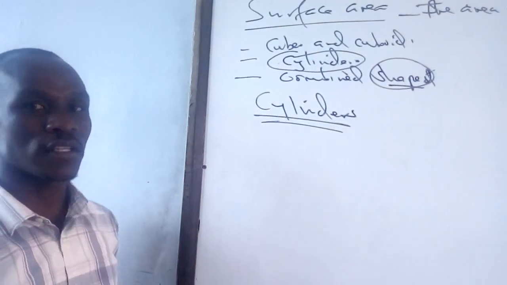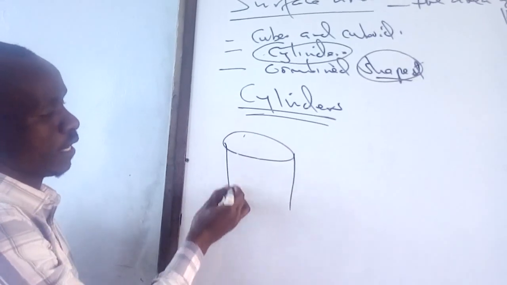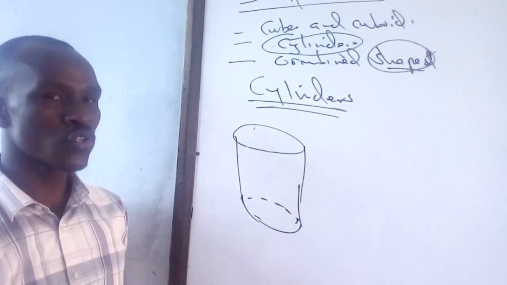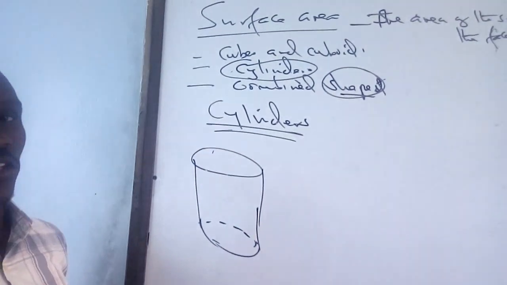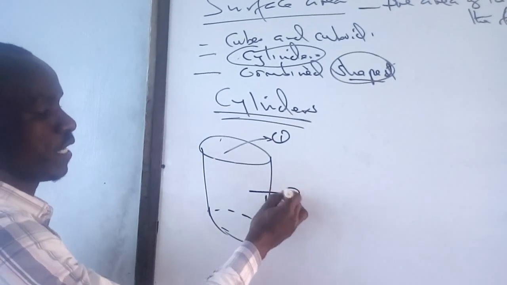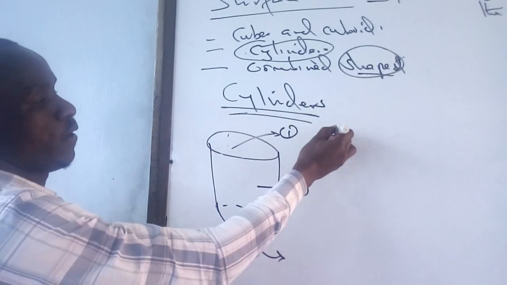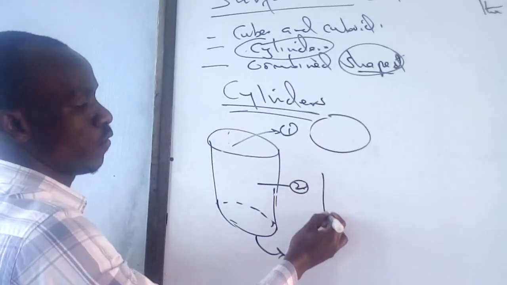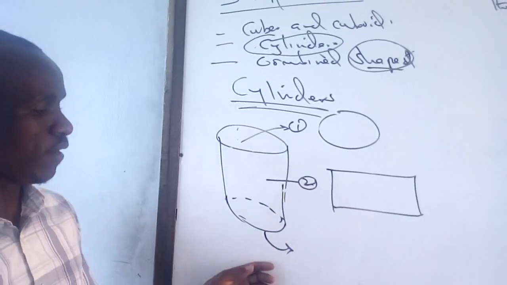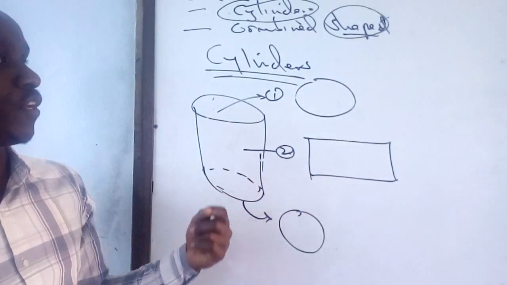First of all, we discuss a cylinder as a three-dimensional object. This is how a cylinder appears. This is a cylinder. So when you look at the cylinder, it has got three faces. Number one, this is the first face. This is the second face, number two. This is the third face, number three. So when you look at the face here, we have a circle. The face here, we have a curved surface, as we discussed in class 7. And then we have another face there, which is a circle. So those are the three faces.